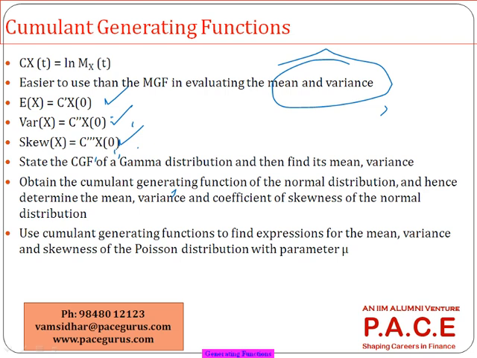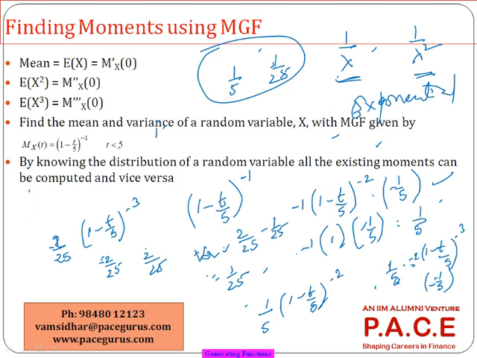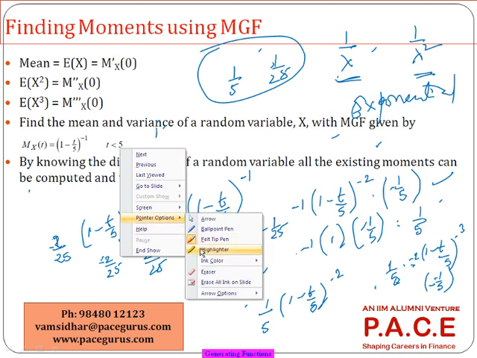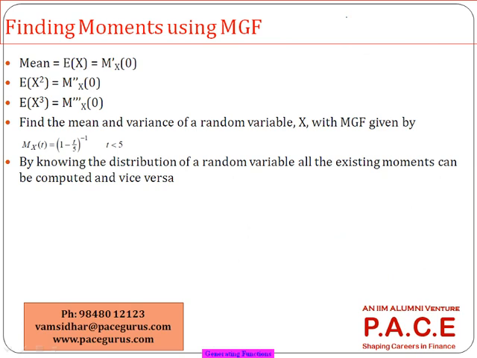For example, you will just use the earlier example itself because we have the moment generating function here. This is our moment generating function. So all I do is, the cumulant function is nothing but the logarithm of the moment generating function. Right? The logarithm of the moment generating function is the cumulant generating function. So there is nothing specific. I have to find out the MGF to find the CGF. But the advantage is, now if I take a derivative of the CGF,